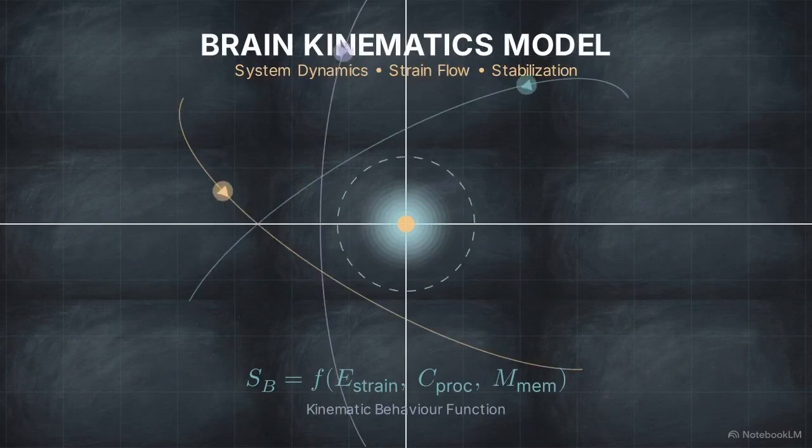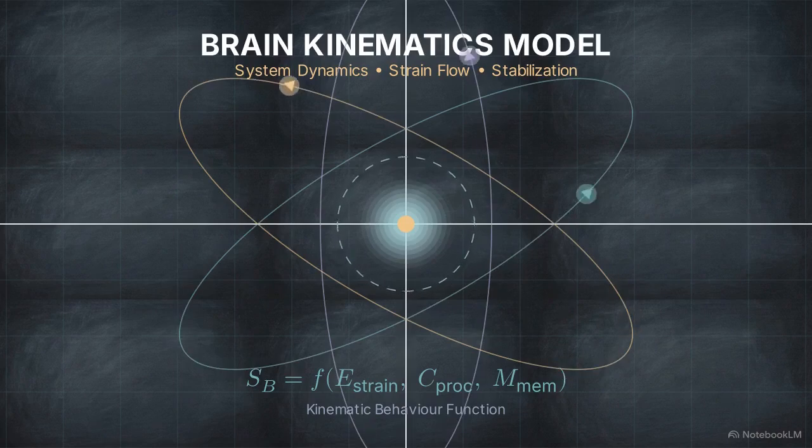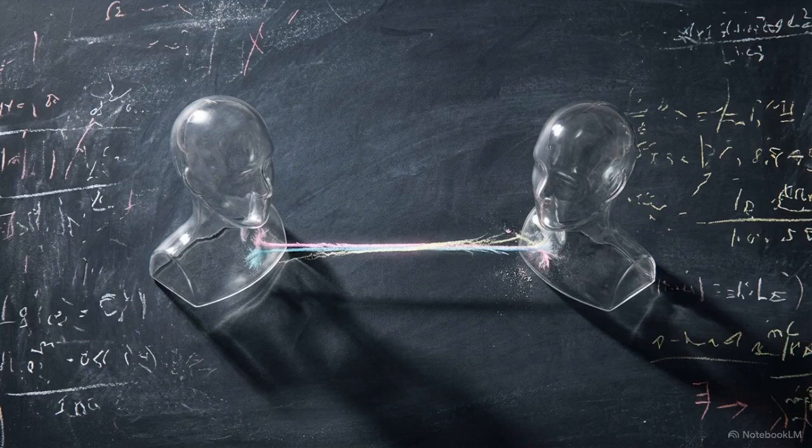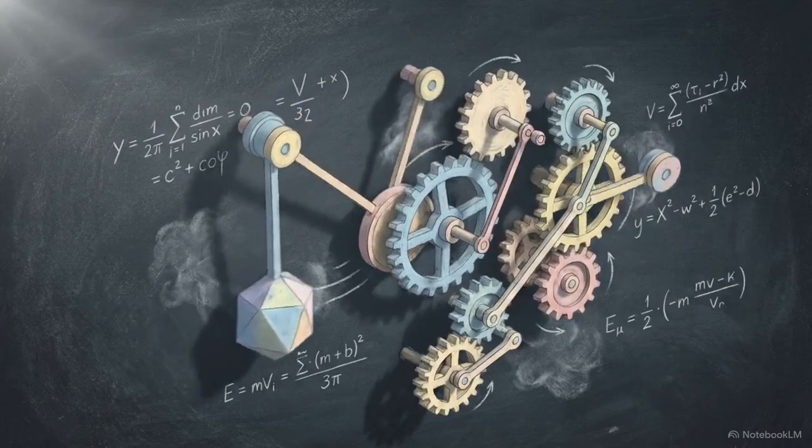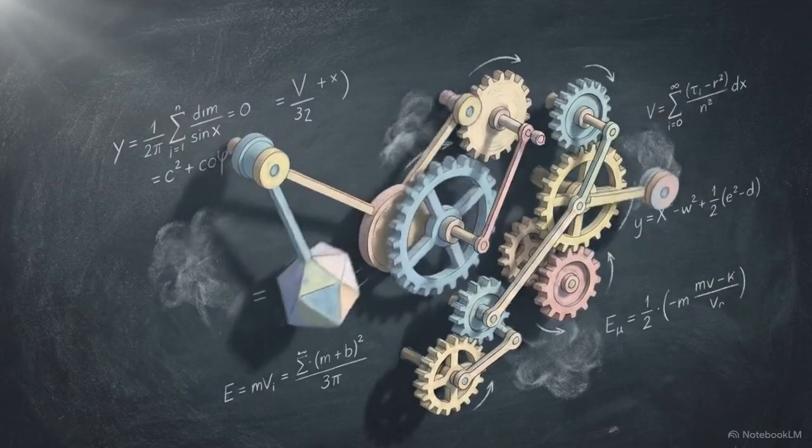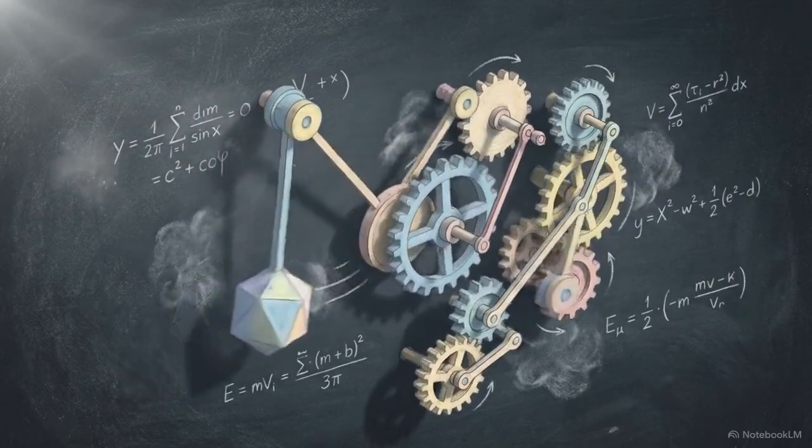The Brain Kinematics model, or BKM, is an attempt to create that shared language by treating social interaction as a problem of physics. At its core, this model suggests that social behavior is the result of a continuous strain exchange, a constant transfer of tension between interacting neural networks. Focusing on the movement and regulation of this strain lets us analyze human behavior using the same systems theory applied